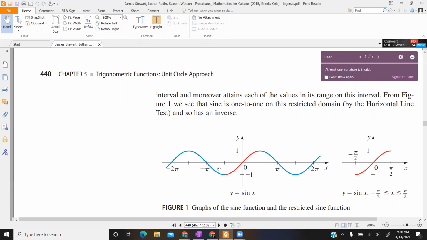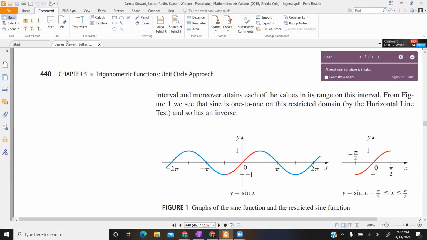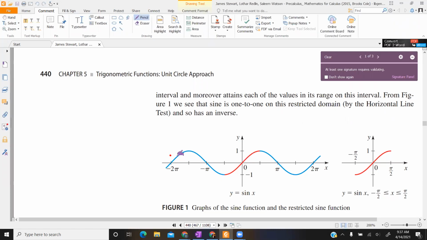But if you look at the function, we're looking at the function from negative pi over 2 to pi over 2. This red segment right here, if you were just to chop all that off like we do over here, notice the function satisfies the horizontal line test. So on this domain, the function satisfies the horizontal line test. Obviously, it does not satisfy the horizontal line test on the whole real line, because if I just draw a line here,